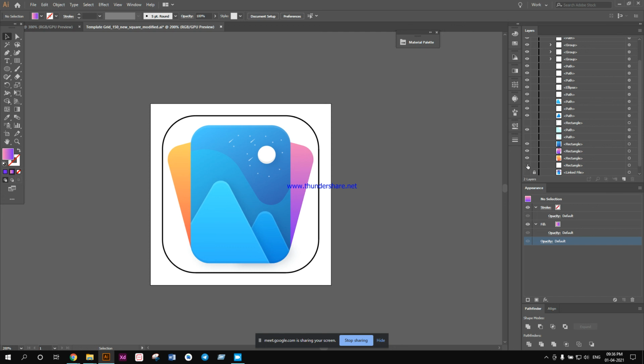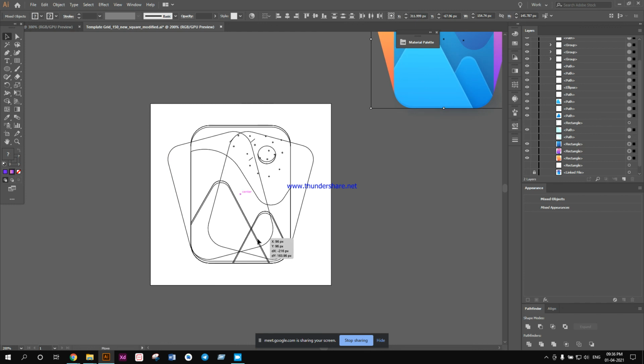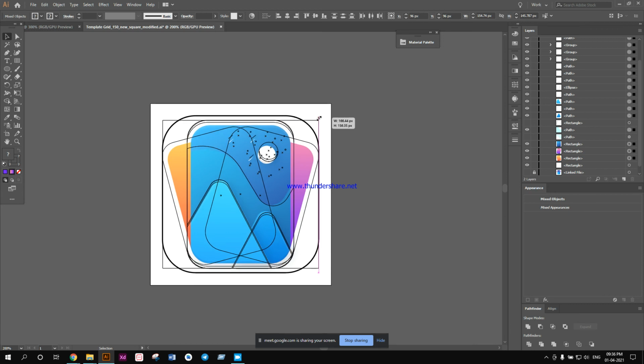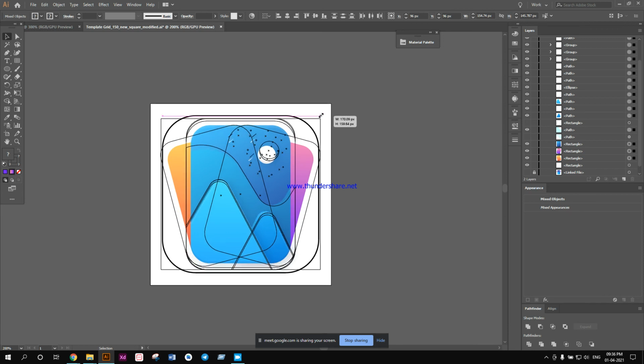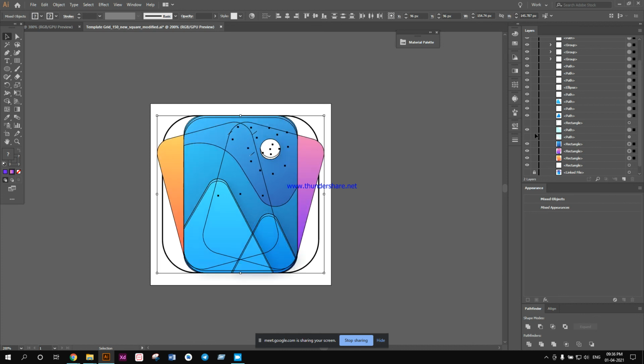So this is looking all good as of now. I'm just going to select everything and bring it to the center if anything has been realigned in the process or not. Let me see my grids.